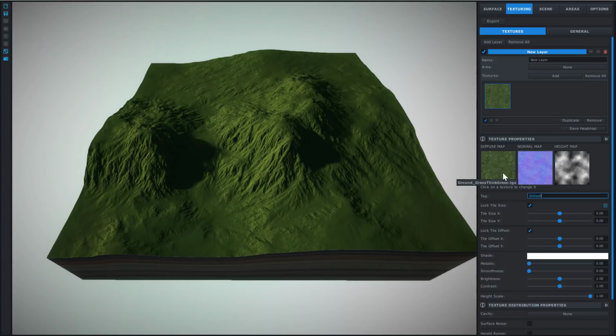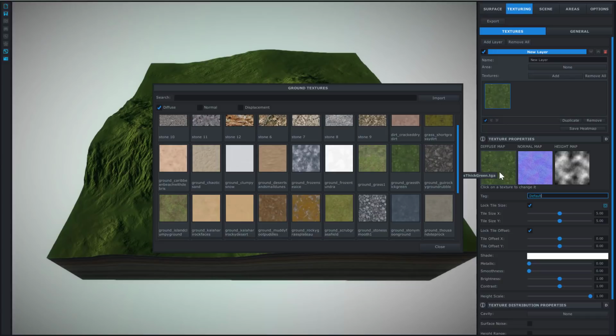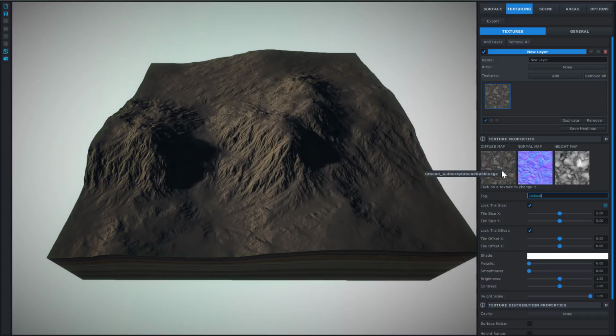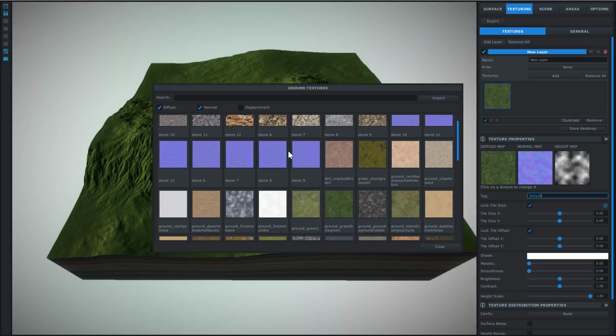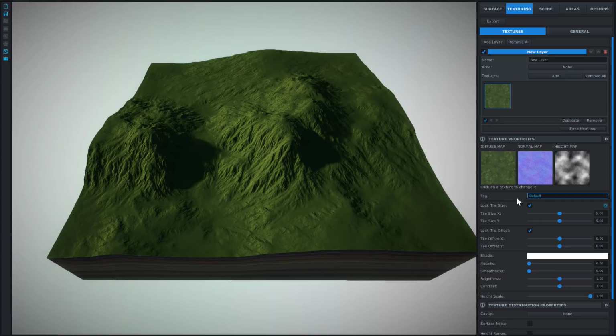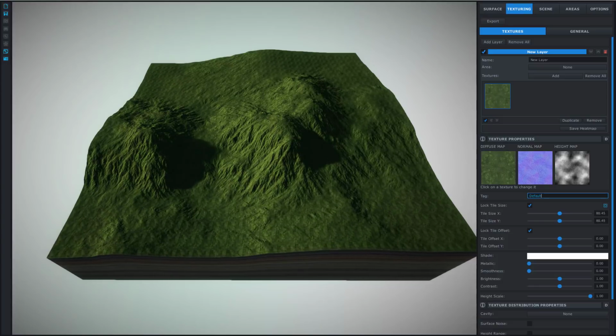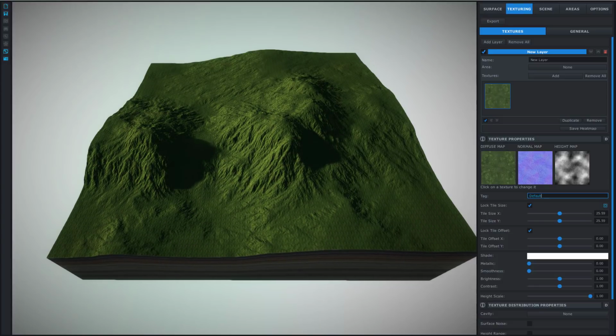And again, each texture has its own properties. You can tag it. You also can change the texture by clicking here on an image. You could do the same for the normal map by selecting a normal, for example. So many options you could do here. And also options like the tile size, if you probably know what it means. You can increase the tiling for specific effects. You can offset the texture